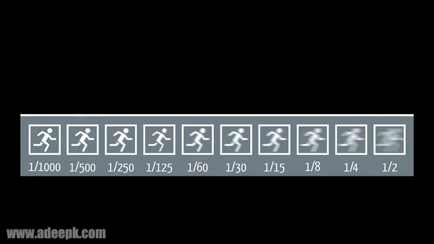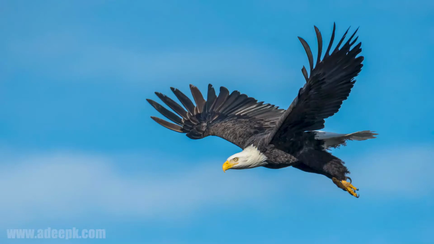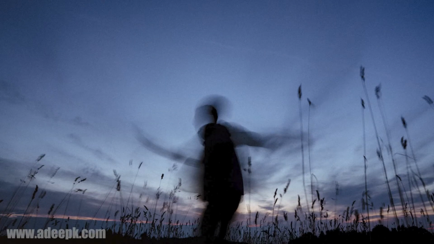The next component of the exposure triangle is the shutter speed. The shutter speed is the speed at which the camera shutter opens and closes to take a photograph. For example, if you need to freeze something in time, like taking a photo of a bird flying, you need to use a higher shutter speed. So you have to use in the range of 200, 300, 400, etc. If you use a slower shutter speed like 1/50 or 1/60, etc., there's a chance that the photo will be blurry.